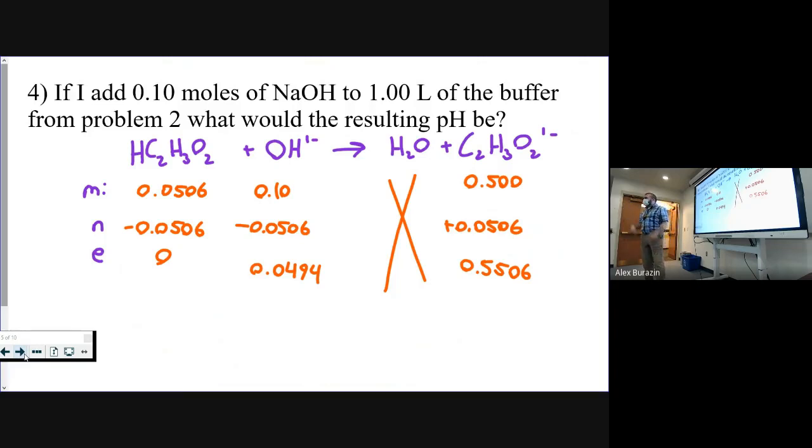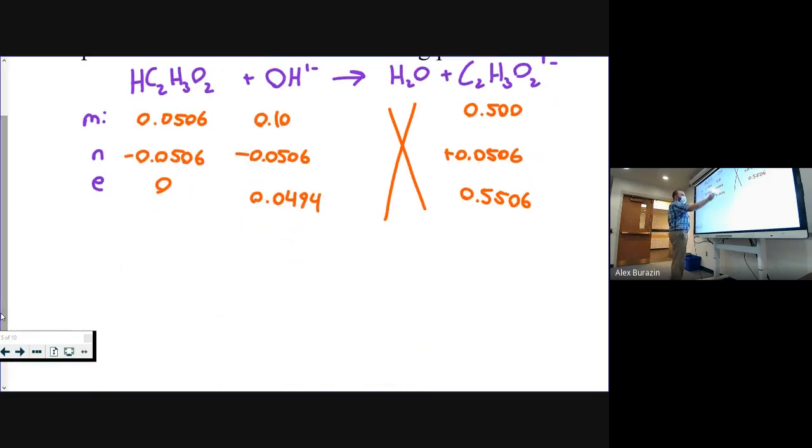What we'd have to do to legitimately solve for the true full molarity of hydroxide is we'd take this value, set up an ice table for this value, solve for X, and then we'd add X to this to get the total. It's totally fine. Within what we've accomplished so far in this unit, you guys could do that. It's just not something that AP tests on, so whatever. But anyway, this is my moles of hydroxide. In theory, we're going from a mine table, and I would need to convert that to molarity. But once again,